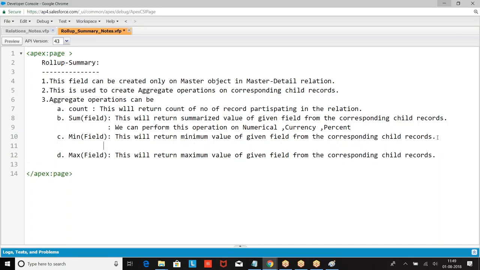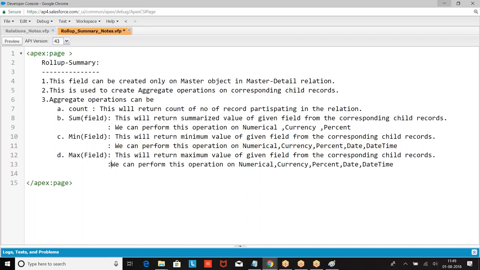Min and max, we can perform this operation on numerical fields, currency, percent, and date and time. This is what we have given.